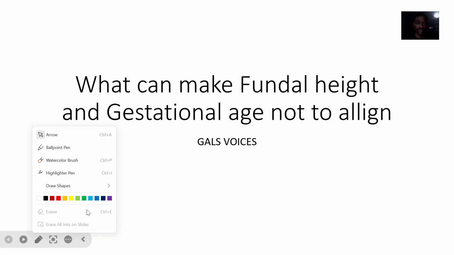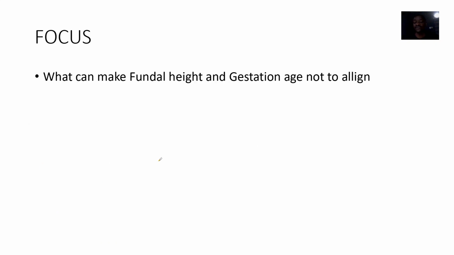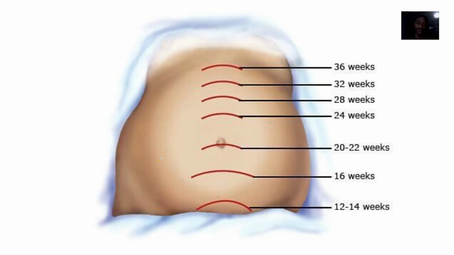Okay. We're actually trying to talk about, we spoke about fundal height. So fundal height, we're now saying, is what you could measure from the pubic symphysis right to wherever the head of the uterus is. Now, head of the uterus is what? The fundus. So we are saying from week 20, this fundus can be measured.